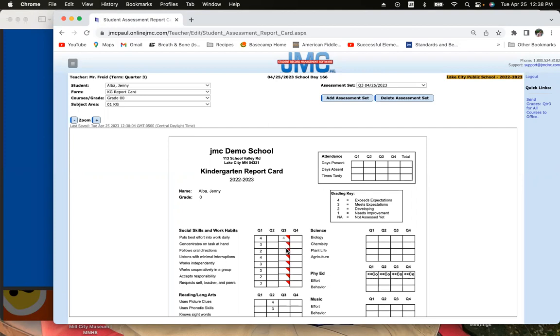And I can click down and get a 4. I'm going to go down to concentrates. She doesn't concentrate very well. She does pretty good though. She's meeting expectations here. Works independently. She needs a lot of help. So there's the 1 there, and works cooperatively. She does that great. So when I'm done with all of those scores,